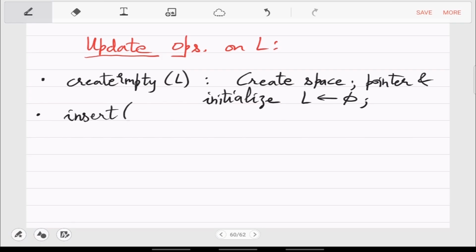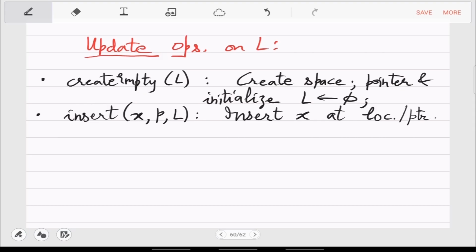But once this is created, then you can do insertion. So insert an element at a location P, at a pointer P in the list. So insert X at location or pointer P in L. So remember that X and P are different types.